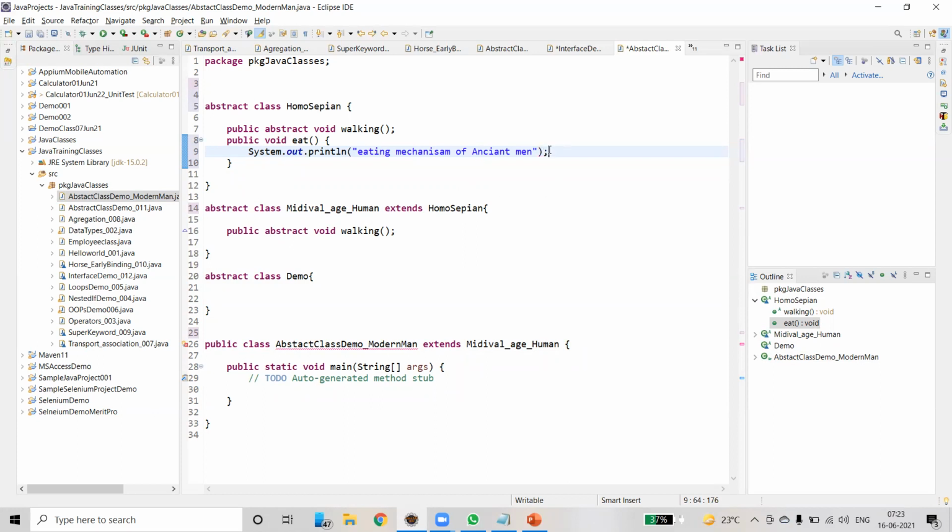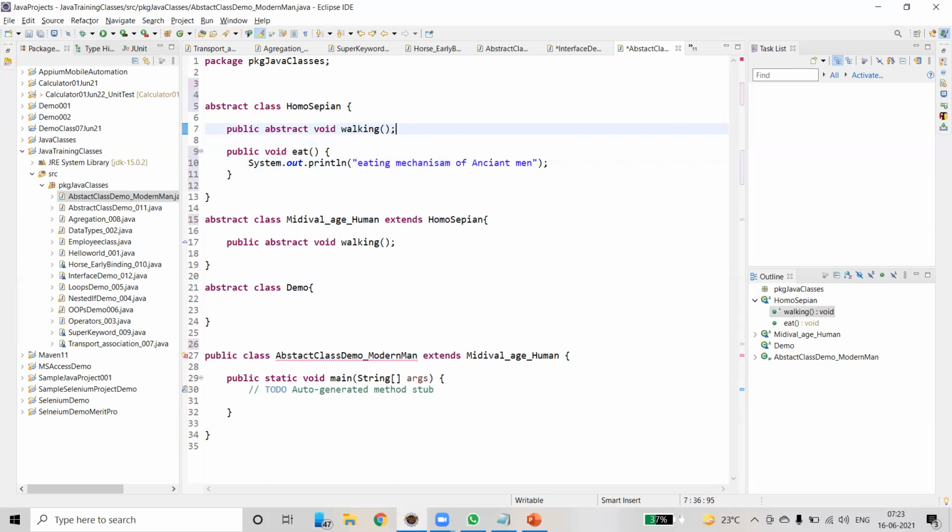So look at here. This is an abstract method. This is a concrete method.